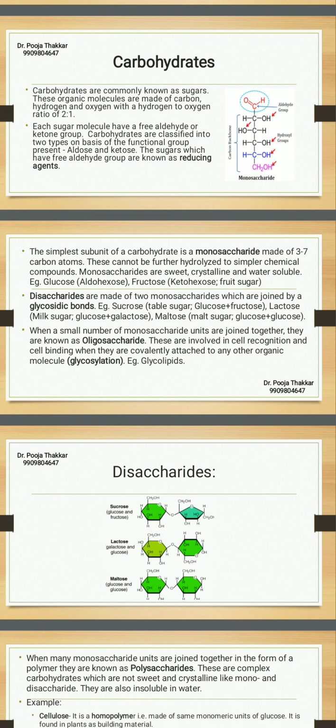Okay, so when a small number of monosaccharide units are joined together, they are called oligosaccharides. These are involved in the cell recognition and cell binding process. This kind of oligosaccharides we have studied during the plasma membrane. Whenever we are discussing glycoprotein or glycolipid, you can go to that particular video to understand it